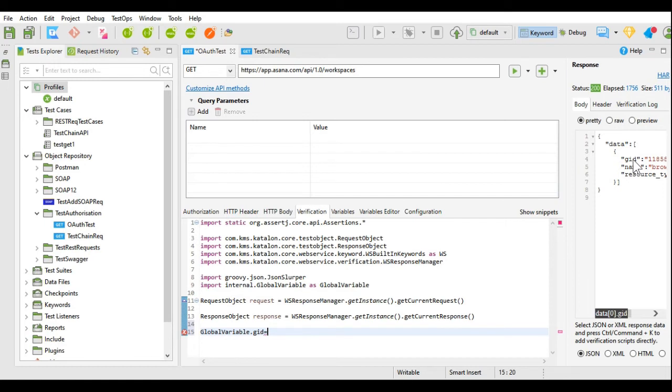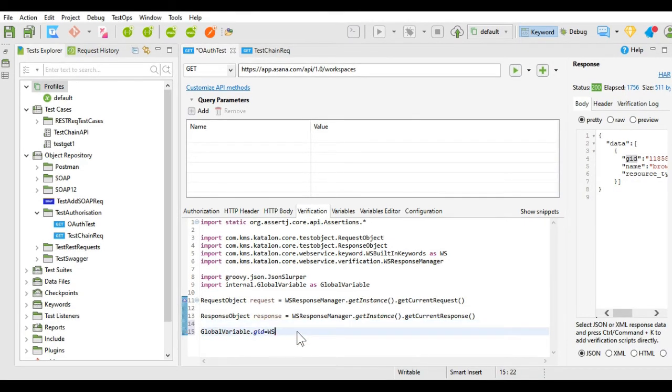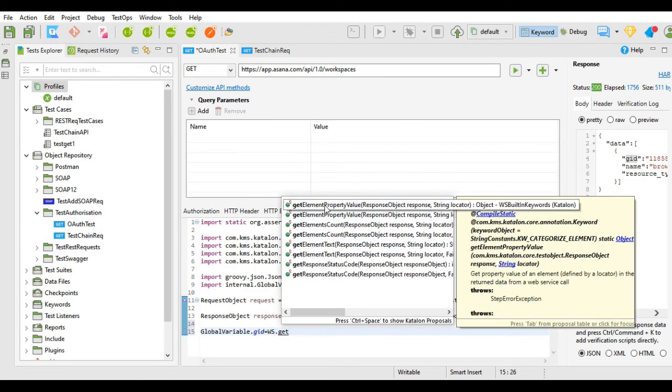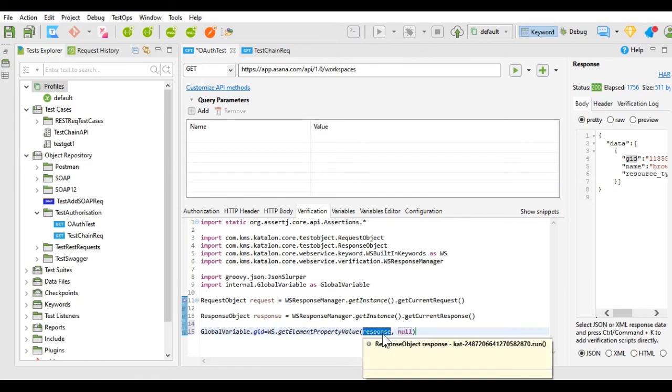When I hover my mouse on this gid, I get the JSON path over here for the selected data. So if I select gid, I get the JSON path for gid, data brackets 0 dot gid. I'm going to use that over here. Here I will write ws dot getElementPropertyValue.